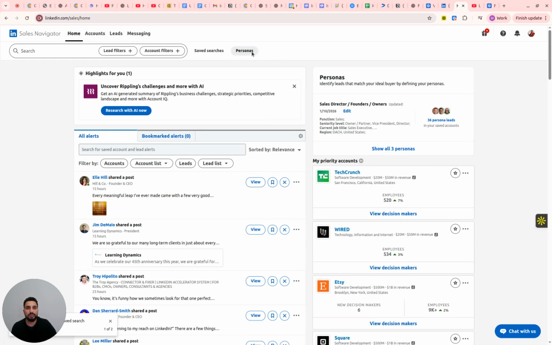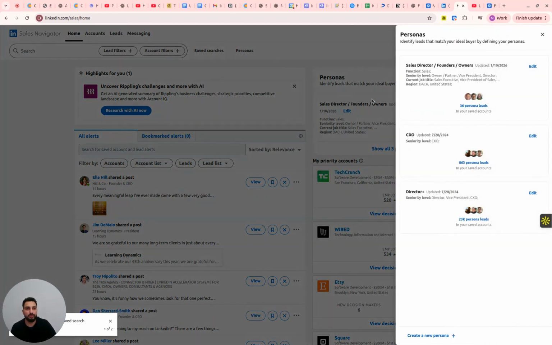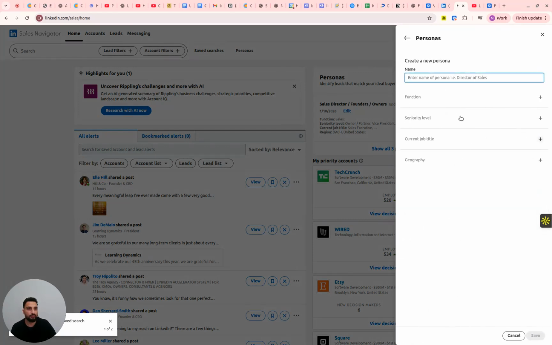So I will go with the first step where we will create a persona, and we will just create a new persona where we can add the name of the persona. For example, say we are a sales agency and we want to offer sales services to all the companies who are hiring a team of salespeople. So we will say, okay, hiring salespeople,